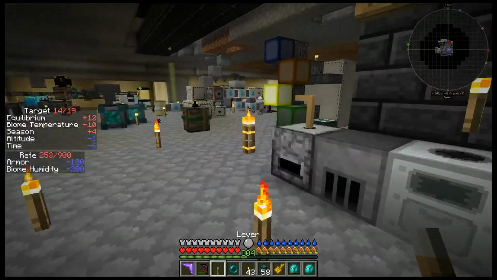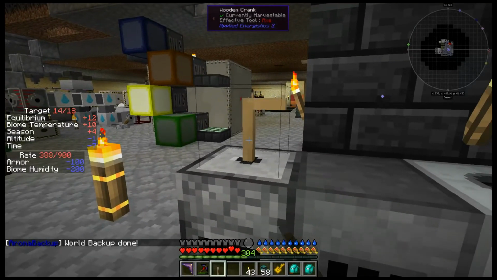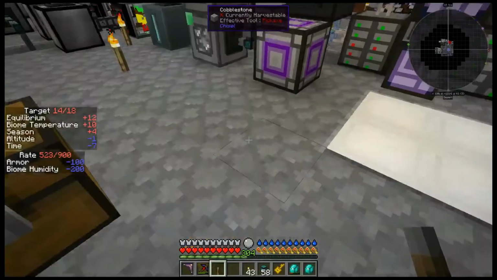I'm going to come back to this Quartz Grindstone that I was talking to you about. I'm going to put the ender pearl in here, and I'm just going to turn it until I get an ender dust. Like so. So now that I have the ender dust, I can come back here